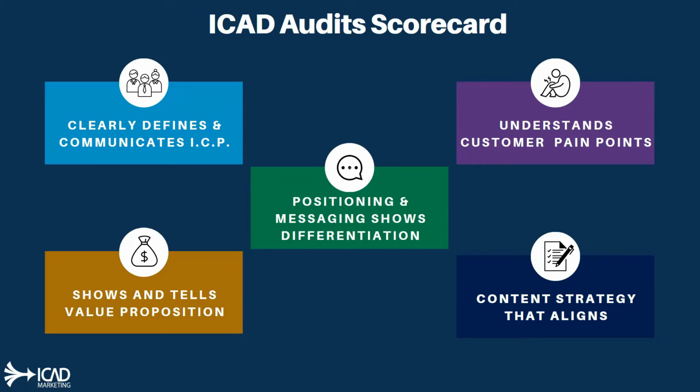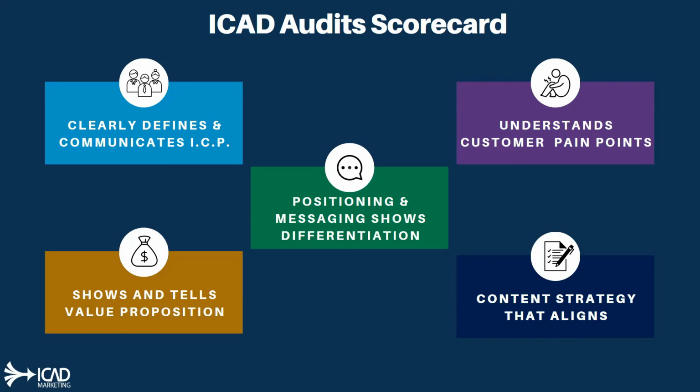Shows and tells value proposition. That one I gave them a 4 because, as I said, they have a menu tab, a specific tab that speaks to the different features and the use cases for that. So it shows their value proposition, and they also have case studies. So they have that social proof of results that people have actually gotten from their products. So I love that, and that's why I gave them a 4 for that.